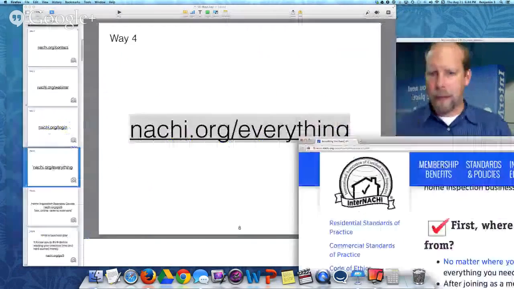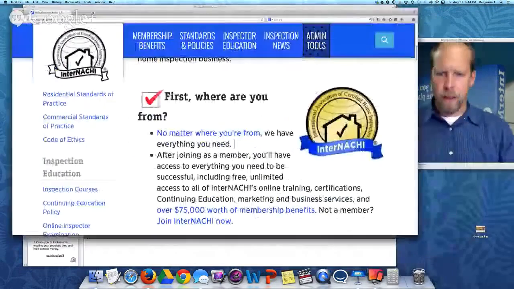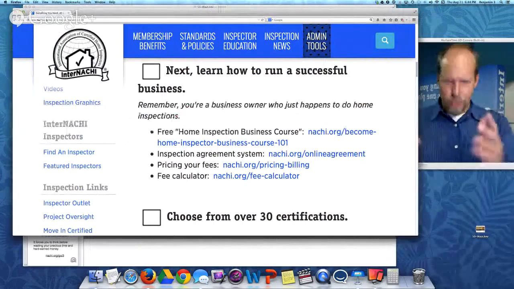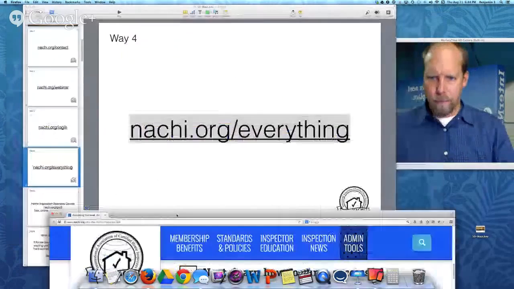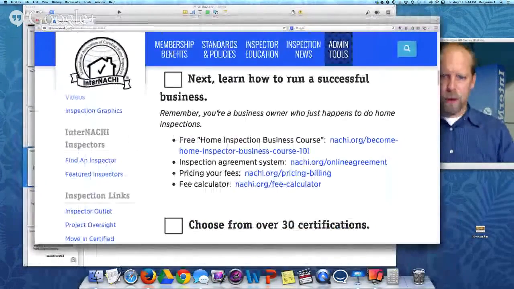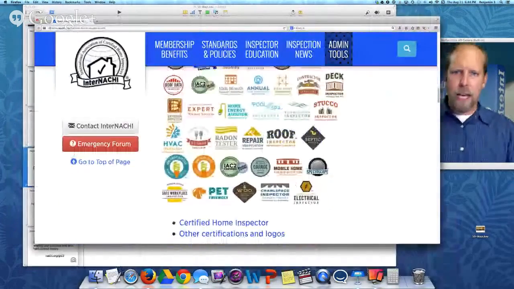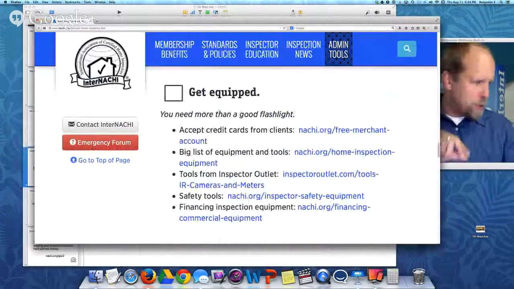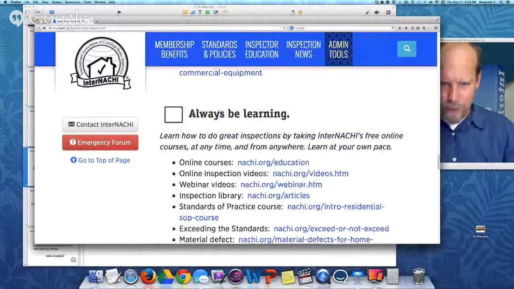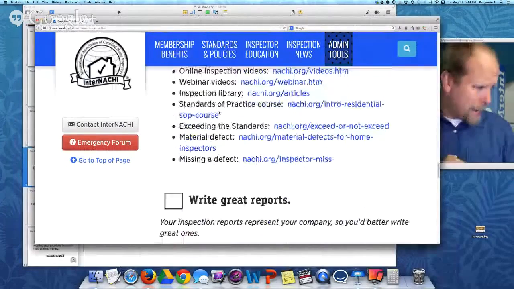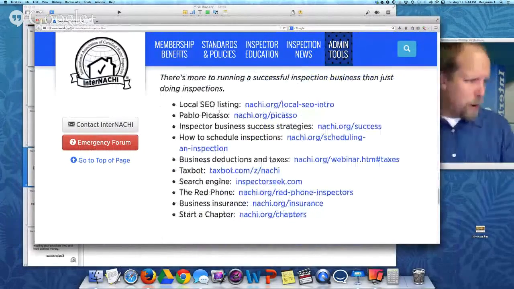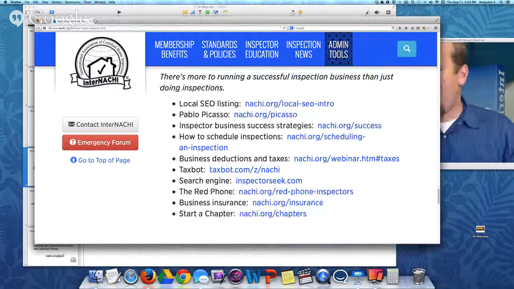So on this page, again, it's nachi.org/everything. You scroll down, and it's simply a checklist of everything that we have available. If you can't find it all in one place, go here, nachi.org/everything, and that's where you'll find it, right? So it's simply a checklist. You keep going down and check mark the things off. Make sure you're making a great website, making sure you have more than just a good flashlight, making sure that you're always learning and accessing all of the online education that we have. You are writing great reports. You know how to boom your business. So all of that is on that URL,